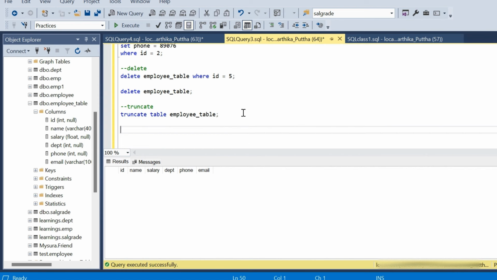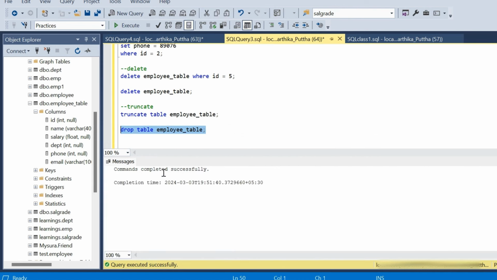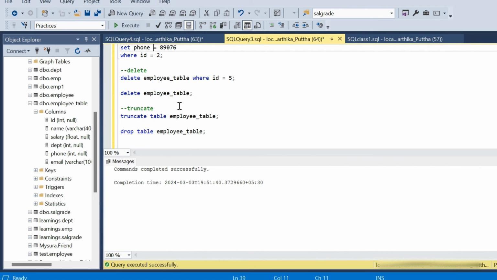And now we'll see how to drop the table. The syntax is very easy. Drop table and the table name. Whatever table you want to drop, just mention the table name. That's it. See the difference. It dropped the table itself. If you run a select query now,